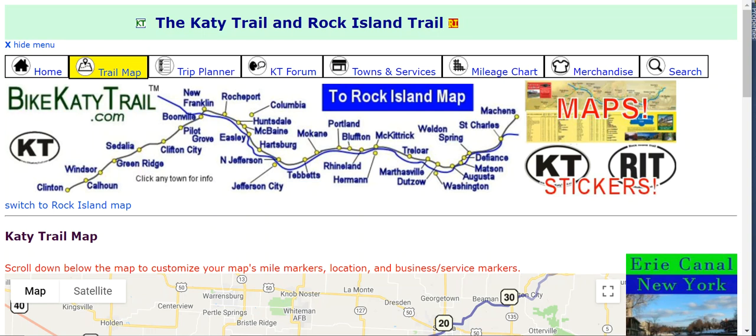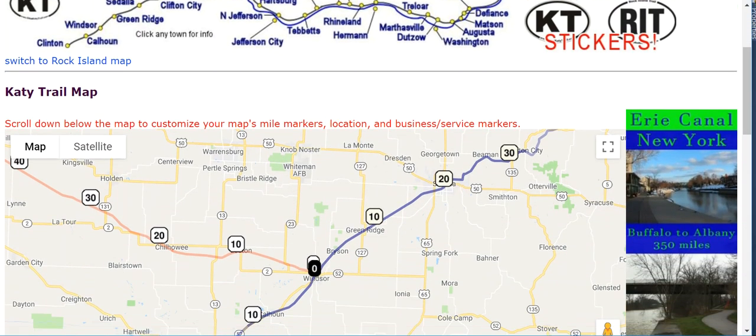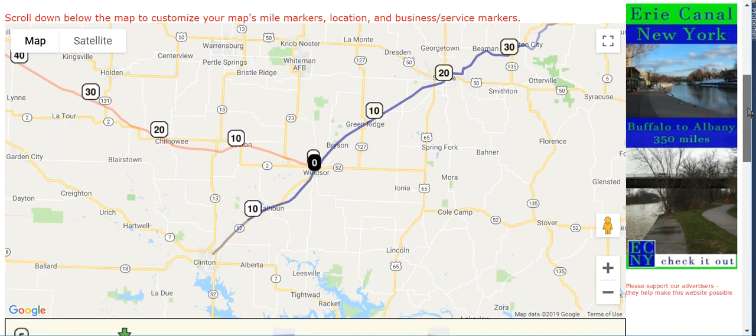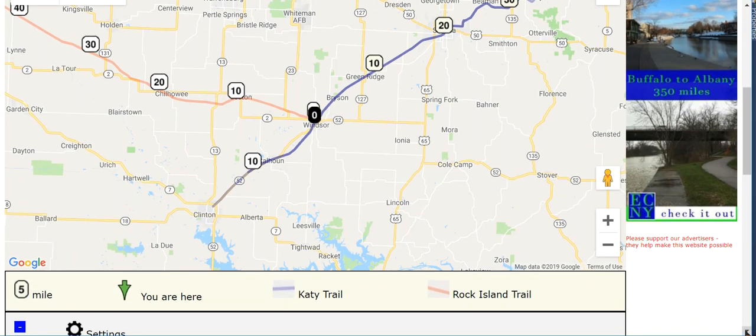This video shows you how to use the Katy Trail Map. Now this is just a basic Google map, which is very easy to use, but we have a lot of extra features built in, and I know all these features can be overwhelming, so I wanted to briefly explain all of them. For starters, we have the trails mapped out here,